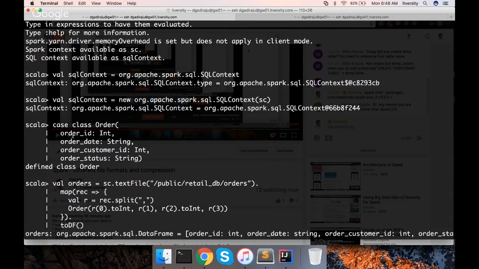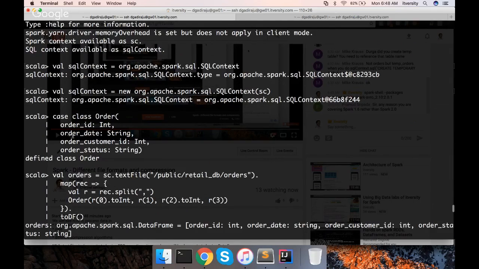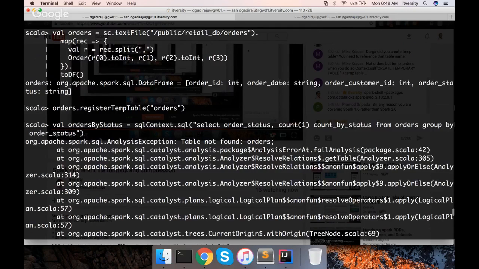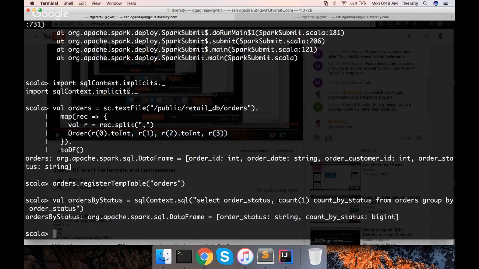Create the case classes, and then first import the implicits, and then you actually process the data, creating RDD of type order, and then data frame out of it, and then register temp table, and then you are good to go. So this is the order you need to follow.